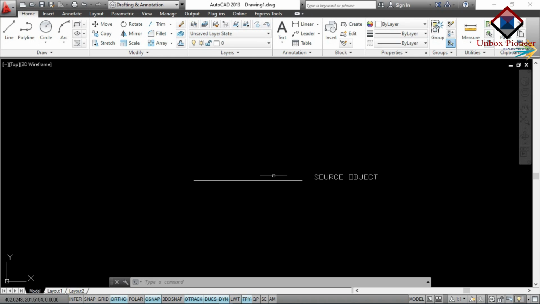As you can see, I have drawn a line here which is our source object. So let's start with the offset command.